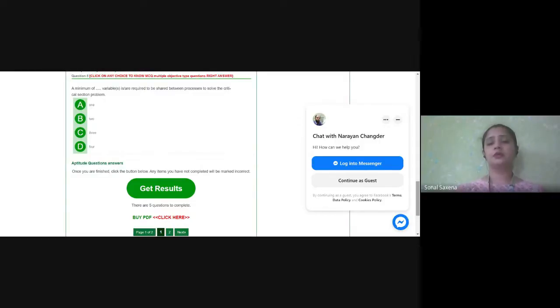Just remember what we have done in the solution part, in which we were discussing the solutions of the critical section problem. I have told you about the locking variables. So how many variables are required to solve this critical section problem? Just go through the software solution and try to answer this question.